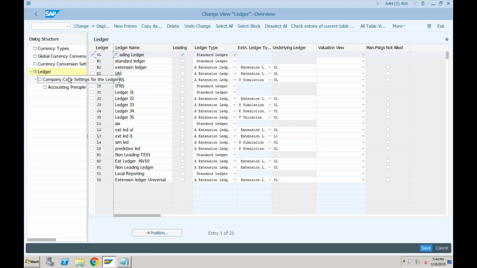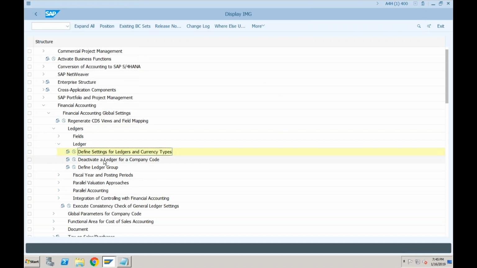You can decide which one you want to use for your company code and which one you don't want to use. And that too year specific. So you can say, okay, I want to use ledger IFRS only for 2018 and 19. Starting from 2020, I don't want to use IFRS. Okay, so in another configuration here, you can deactivate a ledger for a company code.